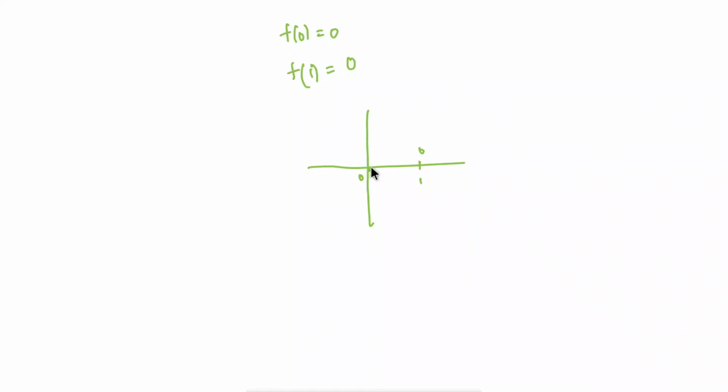So what would be the possibility for this? The only possibility is that it would be in this way, because if you draw it in this way, you can check for 1 by 4. If you put f of 1 by 4, you're getting a negative value, and a negative value cannot be plotted here. It can only be plotted here. So the only possibility of this graph would be in this way. So this is the way we can assume the graph to be.